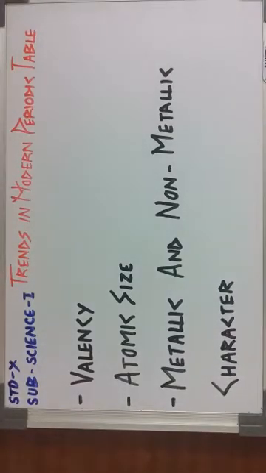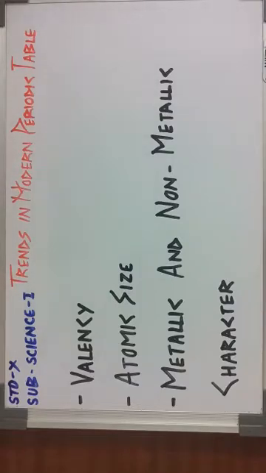Welcome back, students. So in the last video we have seen the structure of the modern periodic table. In the modern periodic table we have 18 groups and 7 rows. 2 rows are separated below the 7 rows and they are a part of the 6th and 7th period, and they are known as the lanthanides and actinides. And the 4 blocks also we have seen in the modern periodic table.